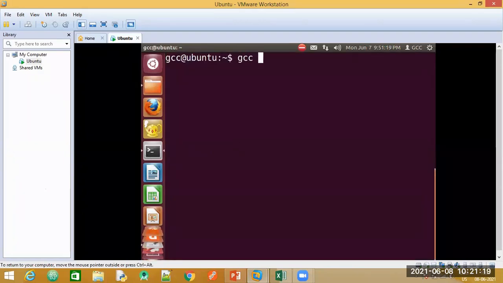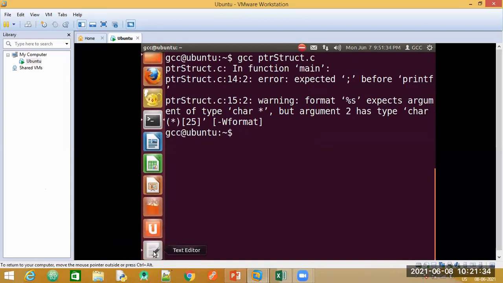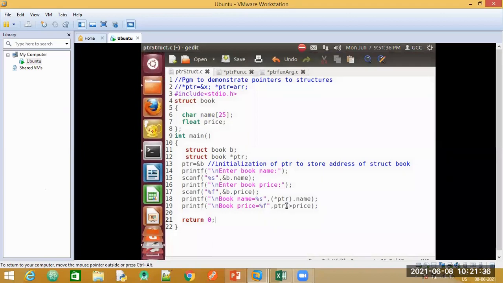Let me compile. Okay, we have one error. We need a semicolon. Rest is the warnings. Let us see where semicolon is missing. Here. Line number 13.